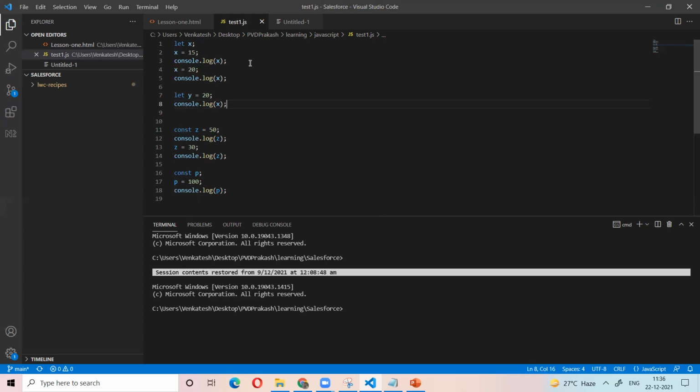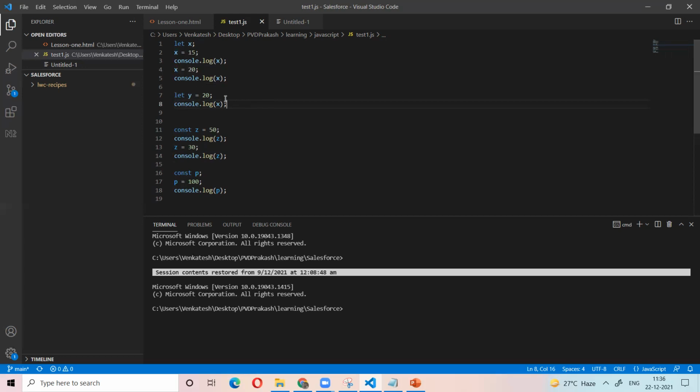But what are you doing here? console.log of x, right? So what is the output here? You are talking about the y, but here it is x. 15 and 20. Yes, 20. You're just printing the value of x. You don't need to print the y again.